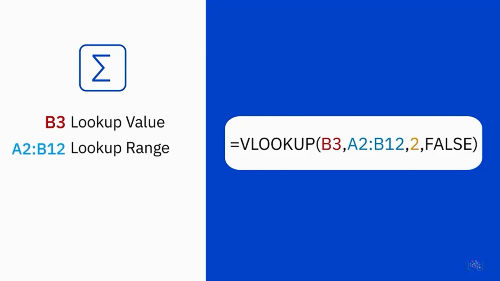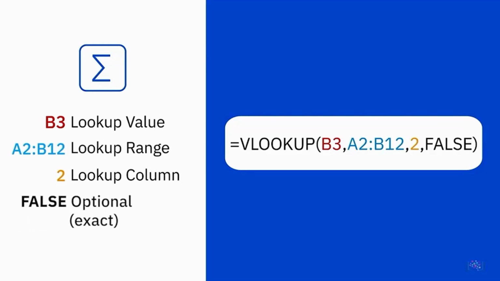The lookup table can be on the same worksheet or in another separate worksheet. 2 is the lookup column number, that is, the number of the column in the lookup table that contains the value you are looking for. In a formula, Excel references this as col_index_num. FALSE is an optional parameter that determines whether the match found has to be exact, denoted by false, or